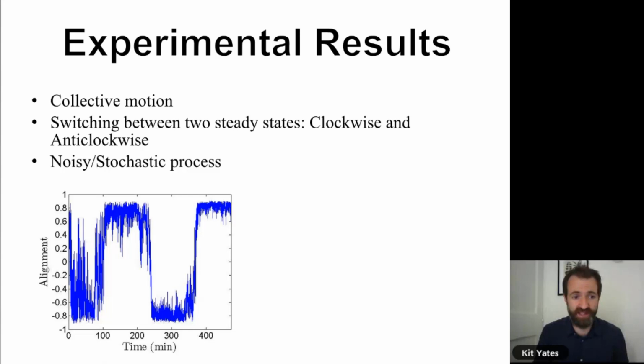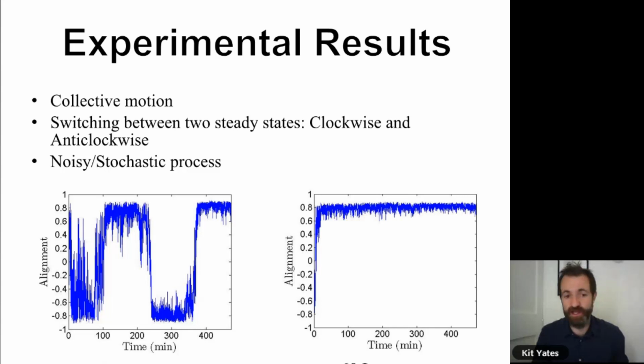And you can see that they stay in one direction for a while, and then they switch to going in the other direction, and they switch and switch. And when you put more locusts into the arena, say 60 locusts, then the locusts will stay aligned for the duration of this experiment. So maybe we could have that first movie of the landscape.